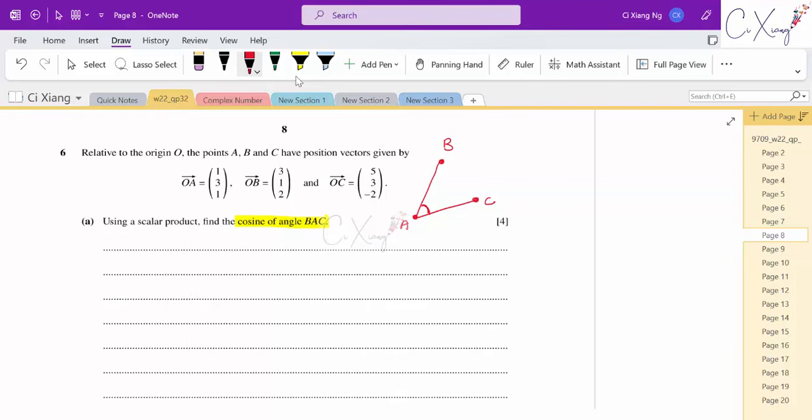When we want to use the scalar product, we have to ensure that the vectors that we are using should both be going out from the point that forms the angle. So we should have the vectors AB and AC before we can get the cosine of the angle. Alright, so first we try to find AB. So AB will be AO plus OB,